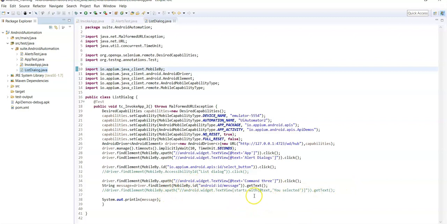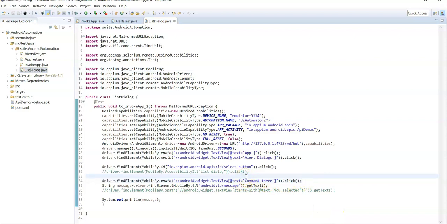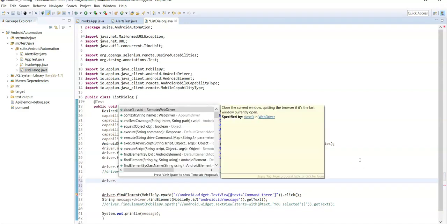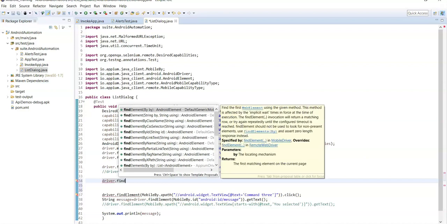Okay, so we need to place this code before clicking Command 3, right? After clicking Command 3 this pop-up will get closed, right? So for that, before clicking Command 3 you need to identify the locator for all the options.